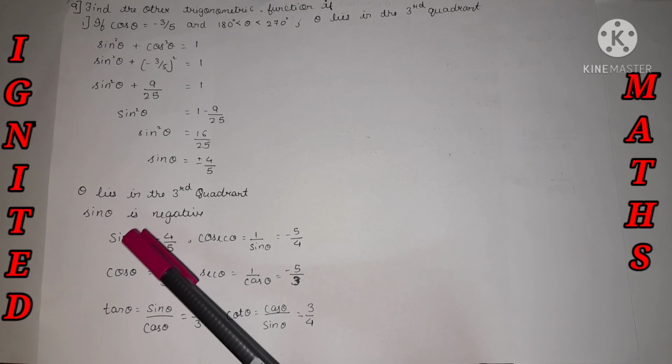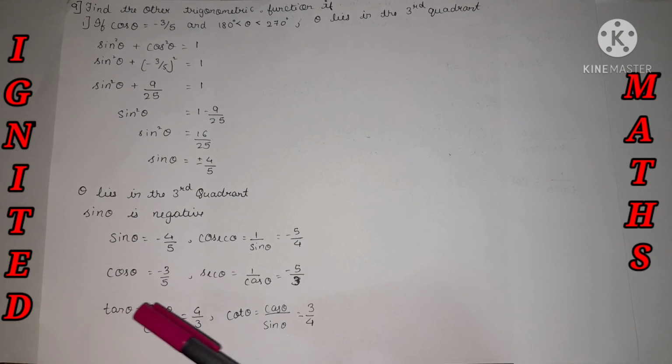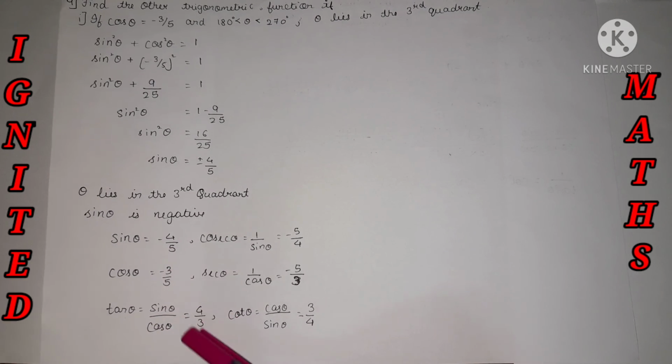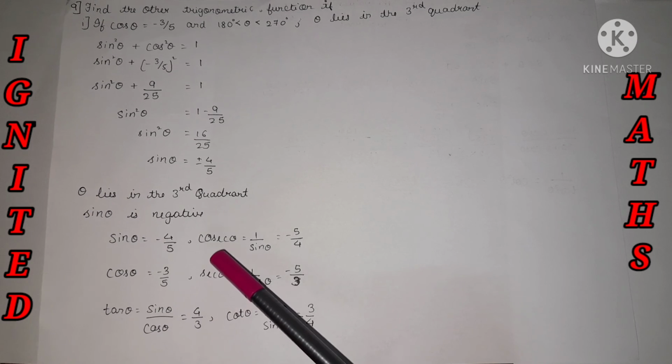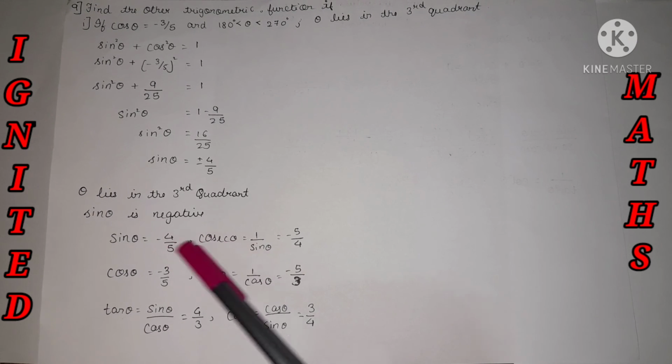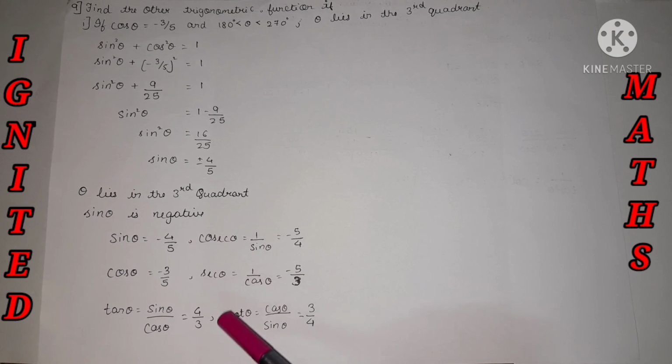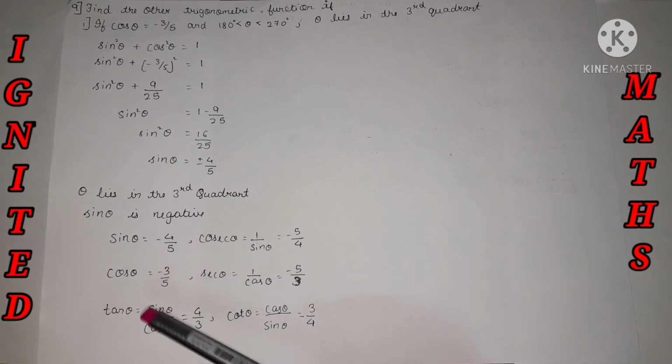If we have the values of sin and cos, we can find tan, because the tan theta formula is sin theta by cos theta. If we put the values in, we will get the answer. Cosec theta is equal to 1 by sin theta, sec theta is equal to 1 by cos theta, and cot theta is equal to cos theta by sin theta. We just need the 2 trigonometric functions, sin theta and cos theta, and then the rest of the trigonometric functions they have asked us to find can be found very easily.